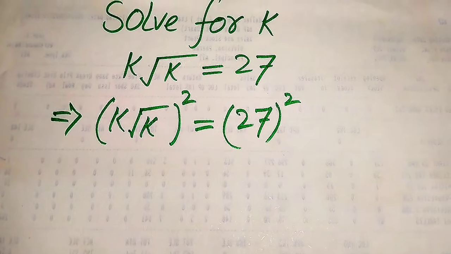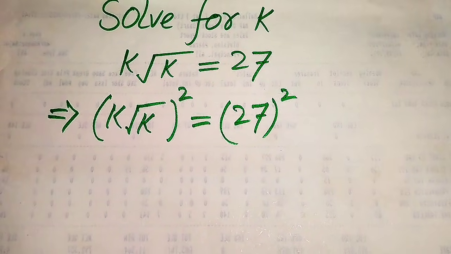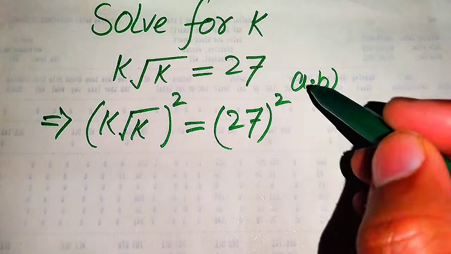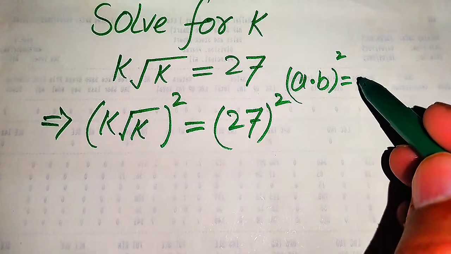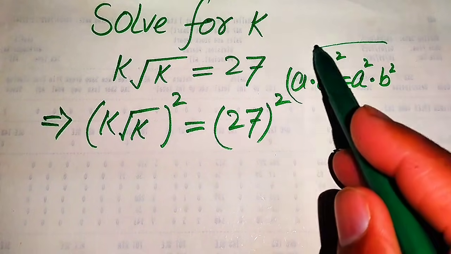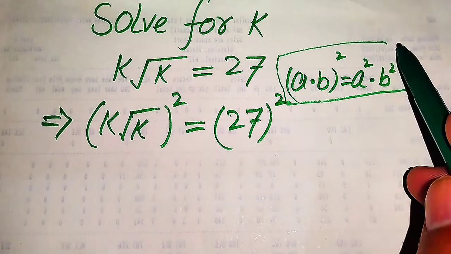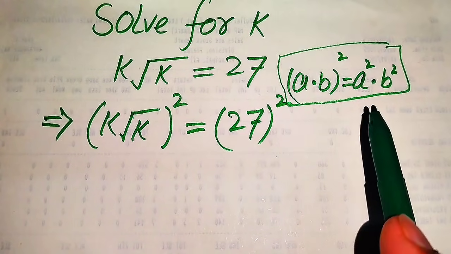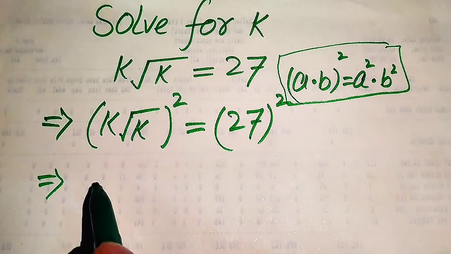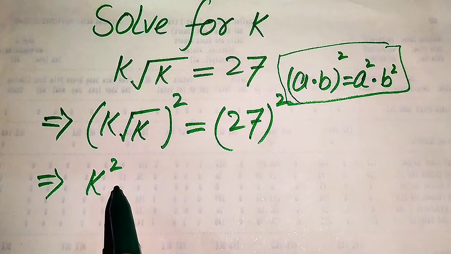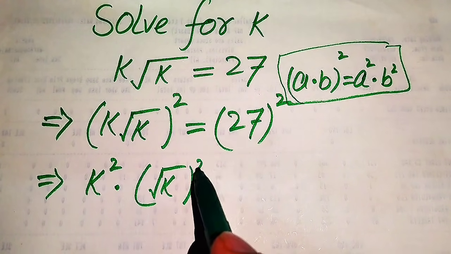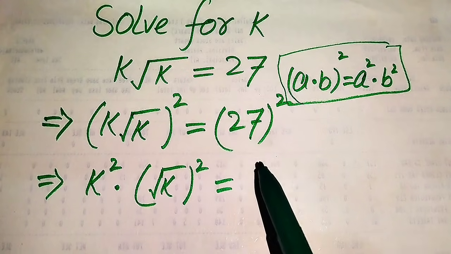And now here we use the nice property of square. In this property, if you have a multiplied by b and its whole square, we apply the square separately on both of these two values. So we write it as a square multiplied by b square. According to this property of square, we apply this separately on both of these two values, and it will be written as k square multiplied by square root of k and its whole square is equals to,